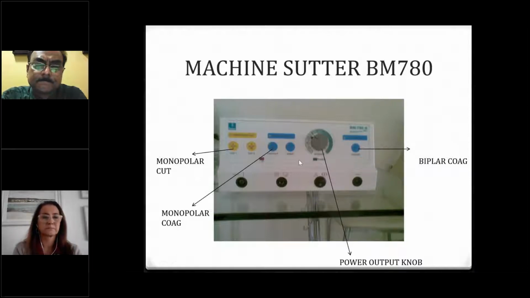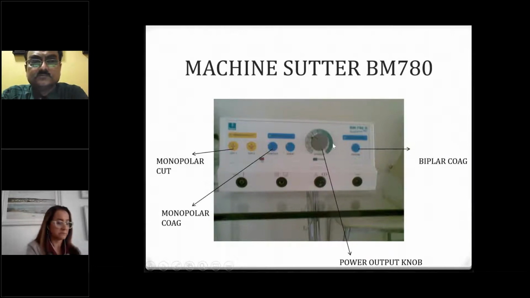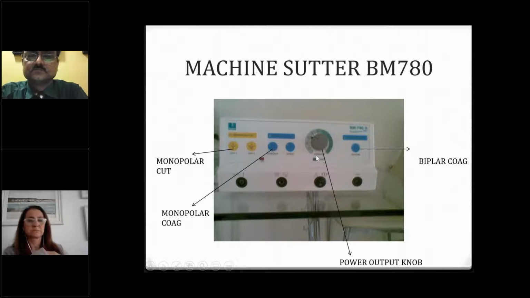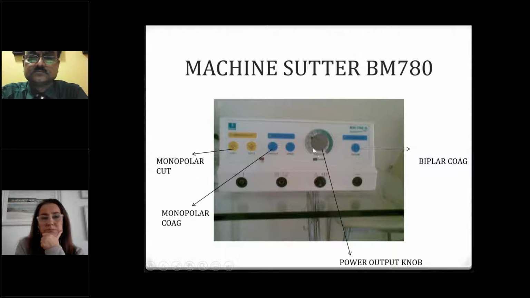And that's the power output. The arrow needs to be put on the particular power which you want to use. Usually we use a power of somewhere between 3 and 4 for usual radiofrequency ablation procedures. It varies from patient to patient. It varies according to the structure of the tissue in which you are giving radiofrequency energy. It varies according to the water content of the tissues and various other principles of radiofrequency. But usually we tend to use between 3 and 4 for radiofrequency ablation procedures.